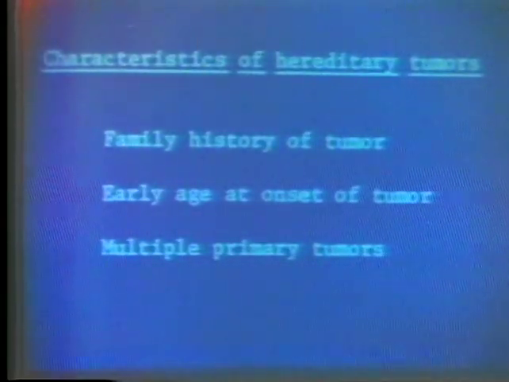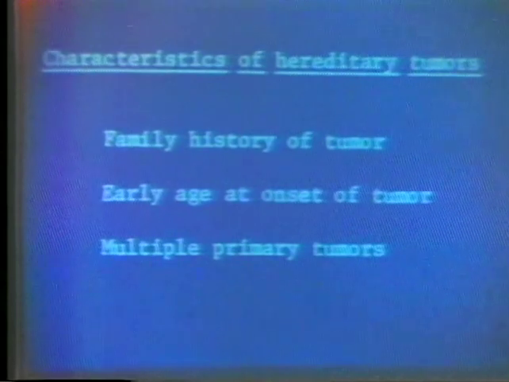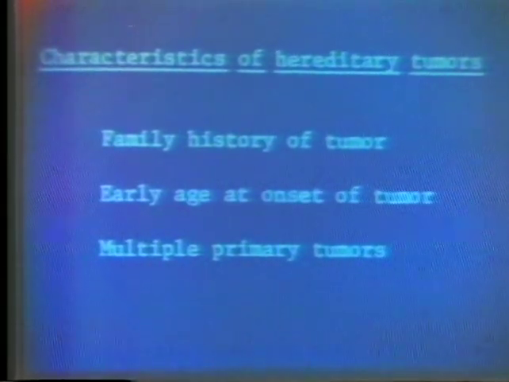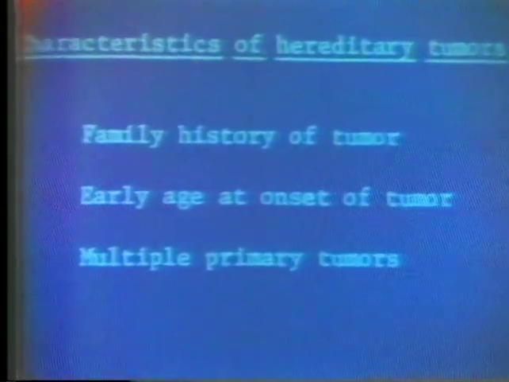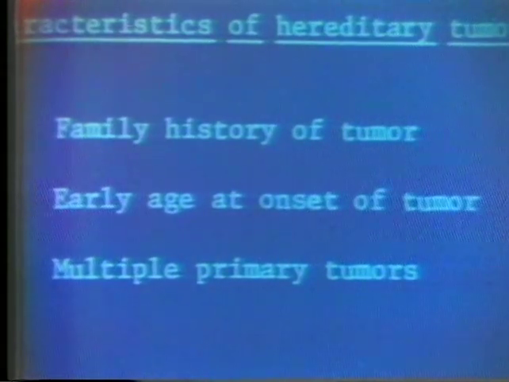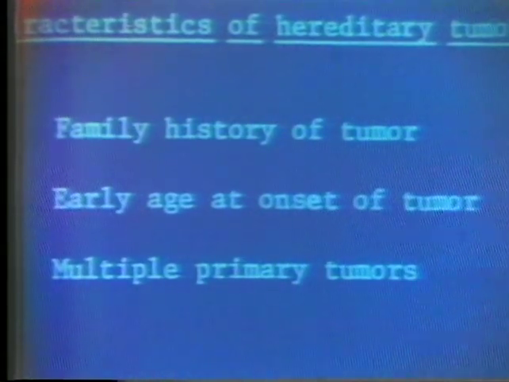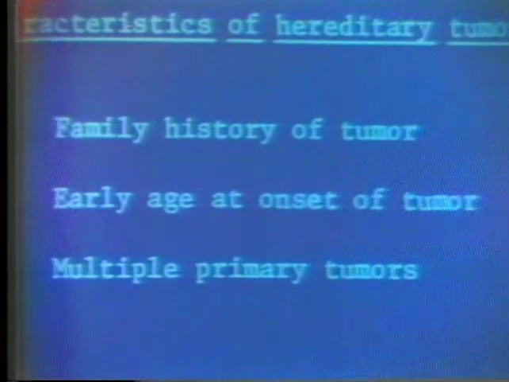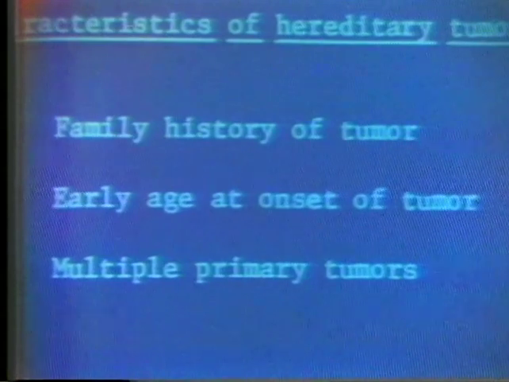If you look at pedigrees, specific pedigrees which show single gene segregation, you can define certain characteristics of hereditary tumors. And these are fairly true whether you're looking at childhood tumors, whether you're looking at certain adult tumors, even associations of tumors. Characteristics which allow you to select for the hereditary tumor patients include a positive family history of tumor of the same site, earlier average age of onset of the tumor for that specific tumor type.